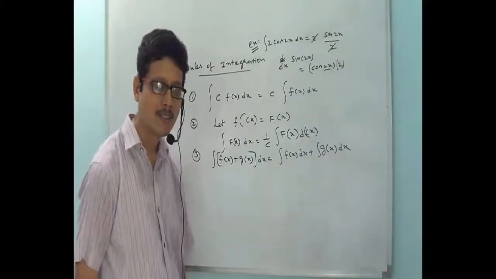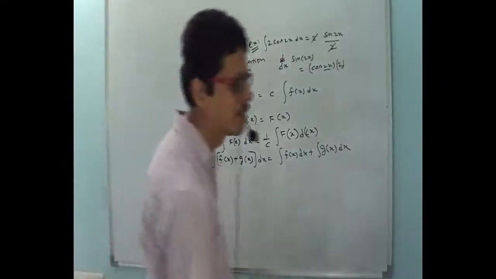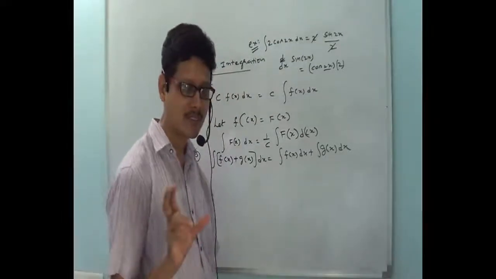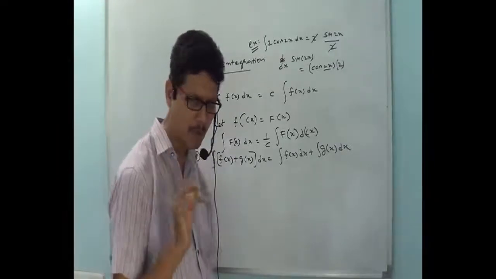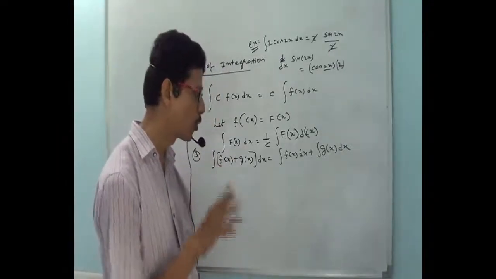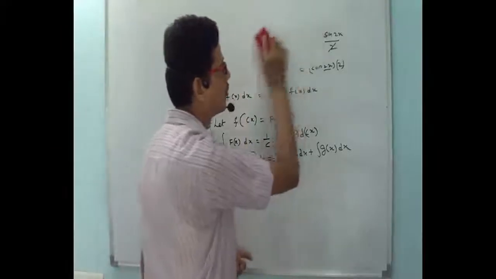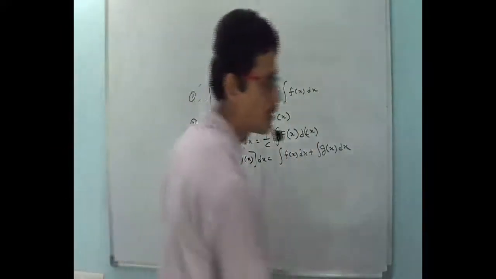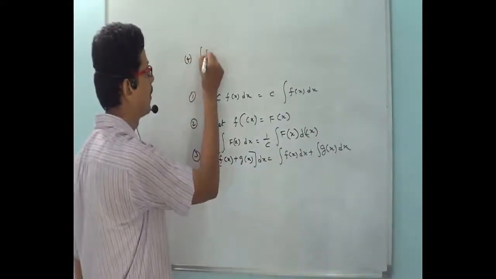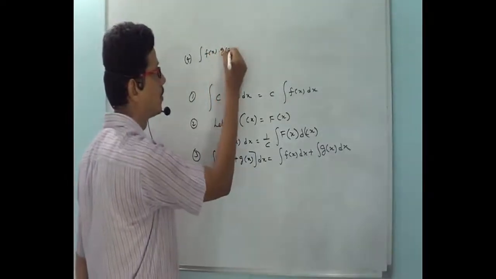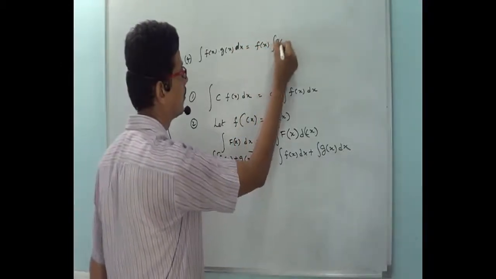Next, one more rule is there that we don't frequently apply, but you need to learn that. In second year nuclear physics, for finding a mean life of a radioactive sample, we'll be applying this fourth rule of integration. So I will erase this thing. Fourth rule of the integration, I will write it on the top. If there are two functions, integral f of x into g of x dx, you can write it like this: f of x into integral g of x dx